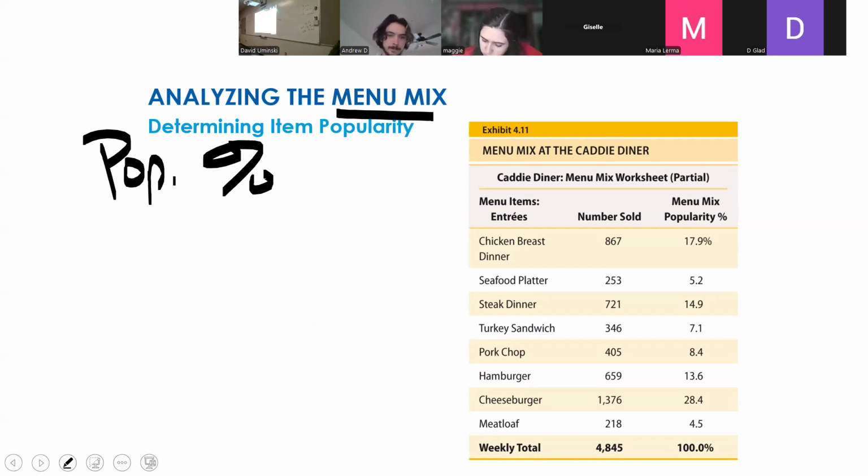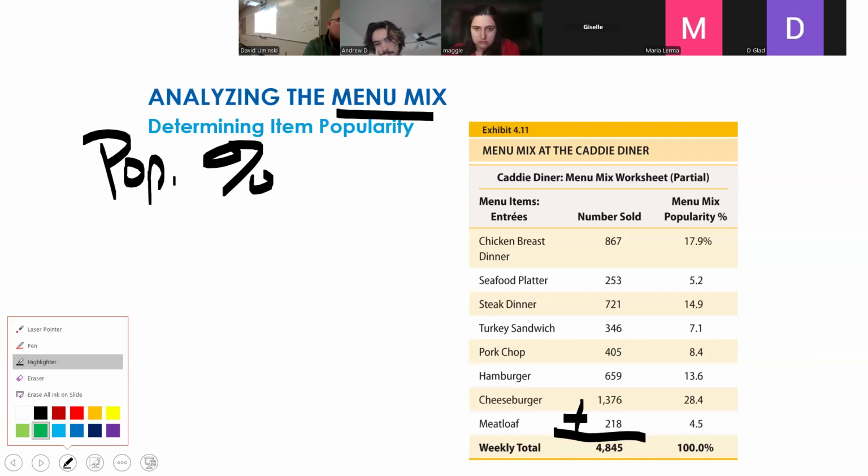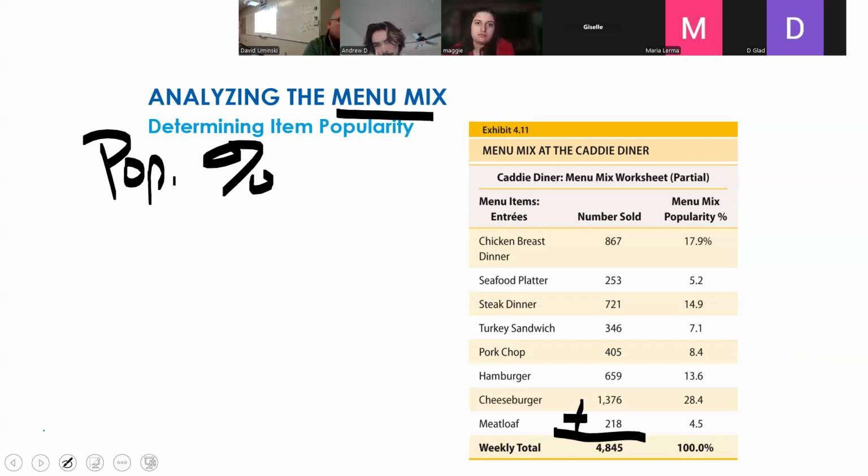Yeah, so our menu mix or our popularity percentage just basically tells us how popular an item is on our menu. To find that, we want to add up all the items that were sold in a particular time period. And what is the universal formula for percentage? Percent equals part over the whole, right? So to find our percentage, we take our part, which is the number that was sold, and divide by the whole number,